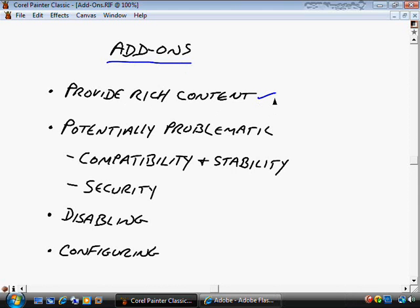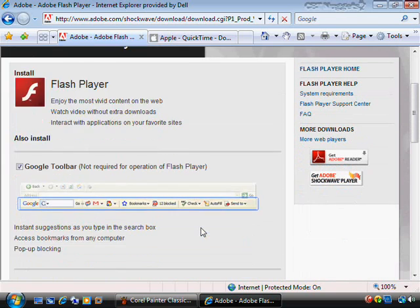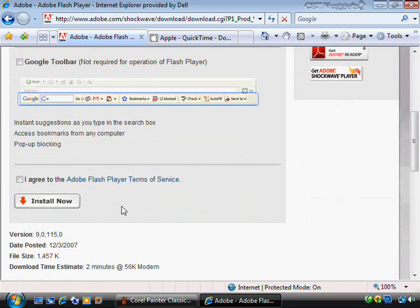So, for example, I'm just going to quickly go off to the side here, and we're going to look at an example of installing an add-on. Here I'm looking at Adobe.com, where I've gone to their Flash Player where we can install this. Notice that you can install it with a Google toolbar or not. I'll opt out of that. And then, of course, I might have to agree to the Flash Player terms of service,